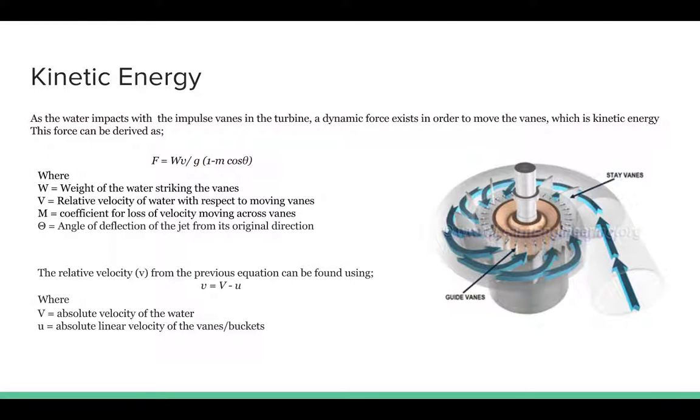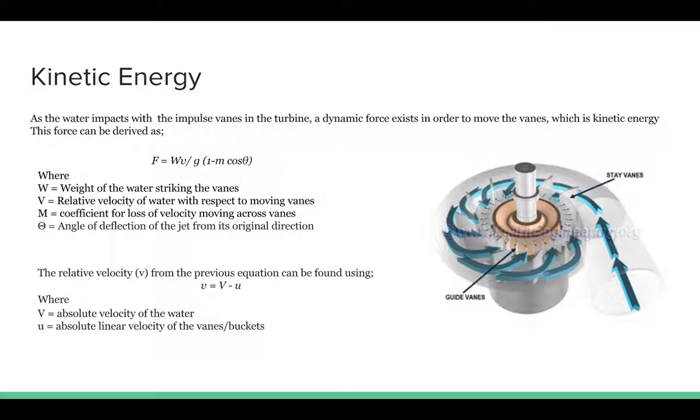Next, you have the kinetic energy. So basically, as the water impacts with the impulse vanes in the turbine, which are the things that move around which create the power in the turbine, a dynamic force exists in order to move the vanes, which is a kinetic energy. This force can be derived as force equals the weight of the water striking the vanes times the